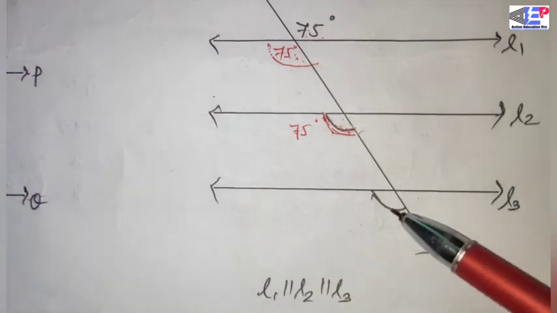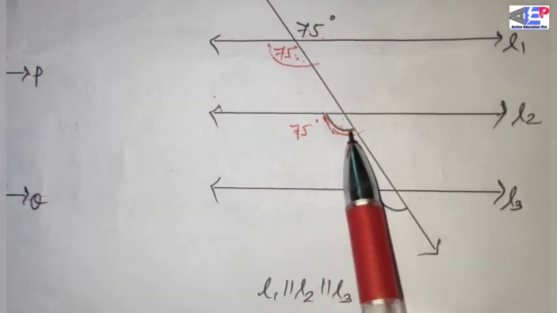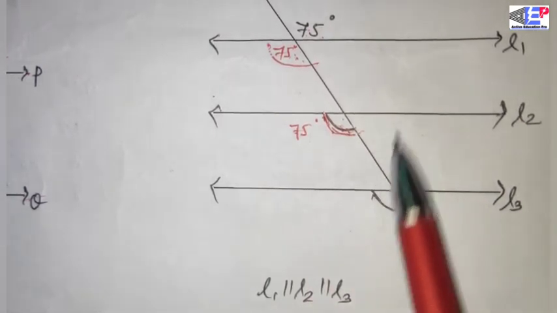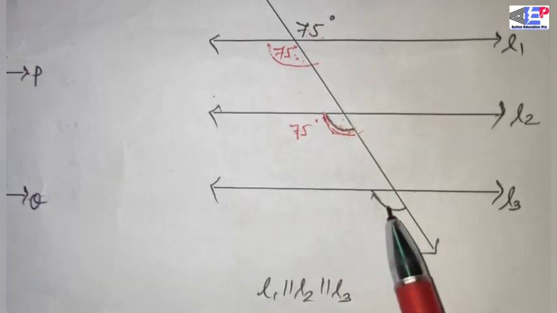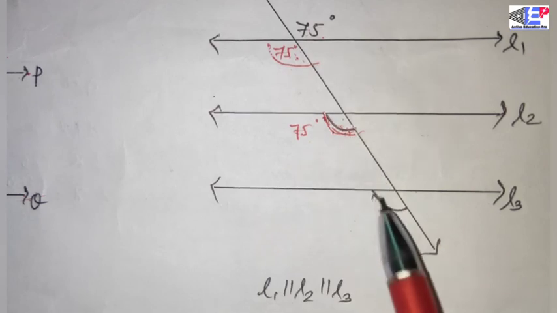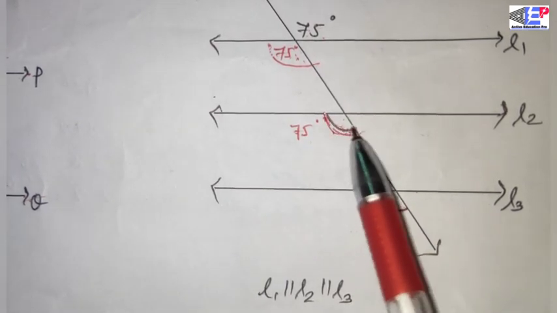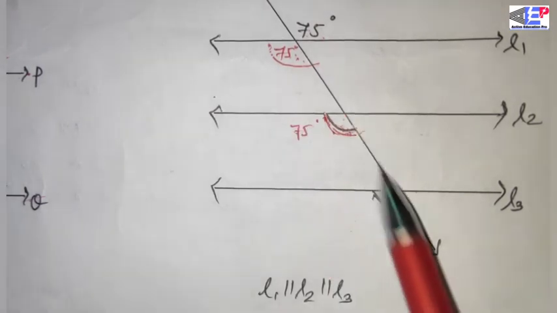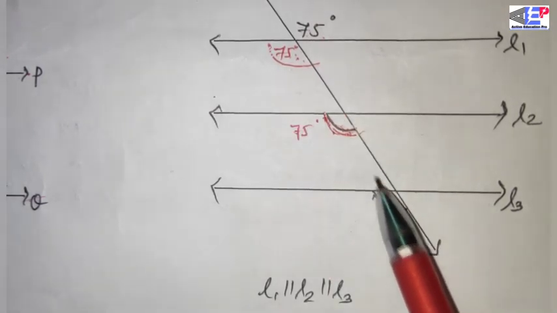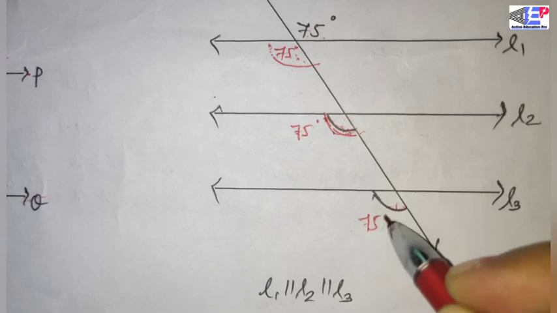Now find the last angle of this question, with L2 and L3. L2 is parallel to L3, and the interior angle of this L2 L3 is 75, and this angle is corresponding to this interior angle of 75 degrees. This angle is the corresponding angle of this interior angle, because it is also an F-like structure, a capital F-like structure towards the left side, just like a mirror image. Okay, so this angle is also 75 degrees.